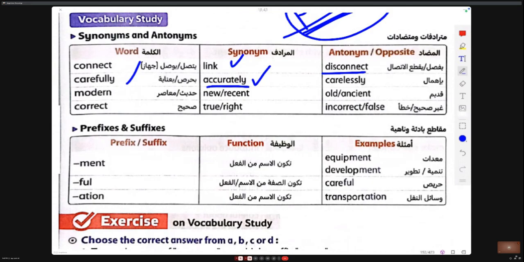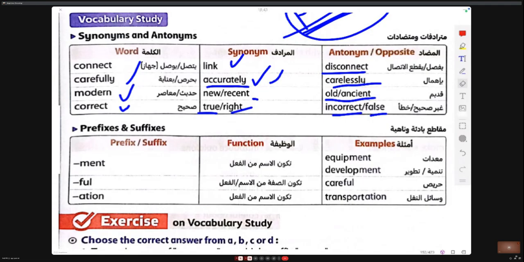Accurately معناها دقيق. Curiously. Modern: new or recent; old or ancient. Correct, true, right; false or incorrect, untrue.